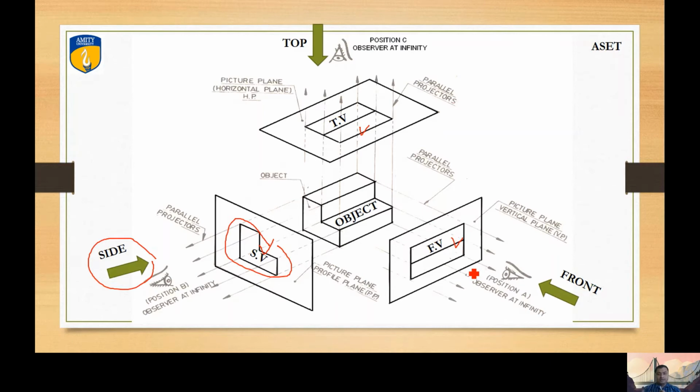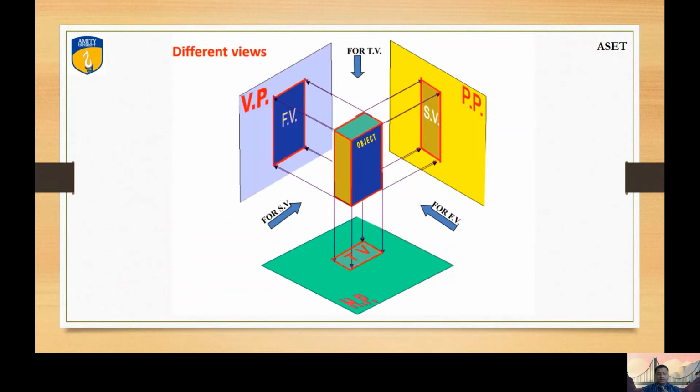When you are going for more than one view, top view, front view and the side view, that is called multi-view orthographic projection. Mainly you have to focus on the front view and the top view part. Side view, you must know the concept of side view, but we will not be using it in our upcoming topics like projection of points, lines and planes. But you must know the concept of side view also. That I will be discussing in a short manner. Now you can refer to the views in terms of planes. Now I will be coming to the plane part.